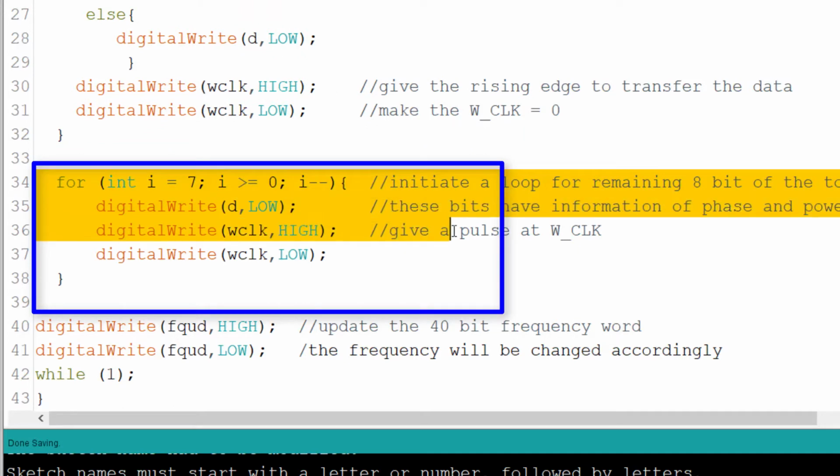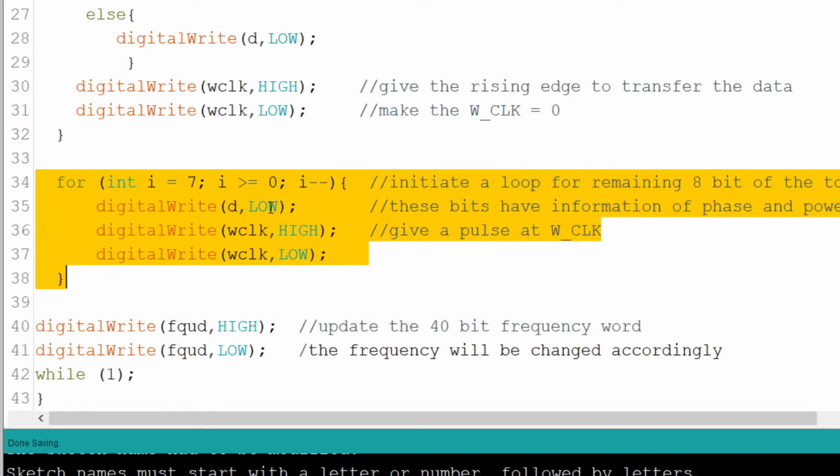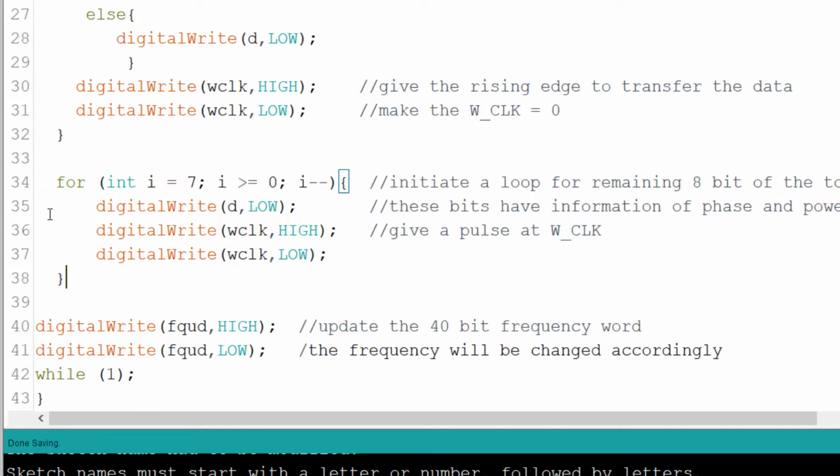Next we have the 8 bits which are to be sent to the module, and this remaining 8 bits are made low. All the bits are made low so that you are not altering the phase nor the power mode; you are in the active mode, and no control bits are sent. So all these 8 bits are made 0. Again you clock it, so 32 bits are clocked over here and the 8 bits are clocked over here.